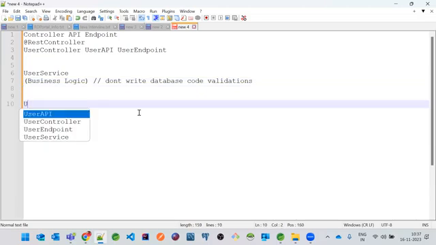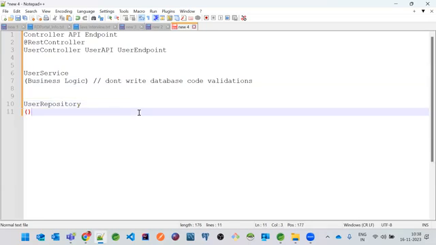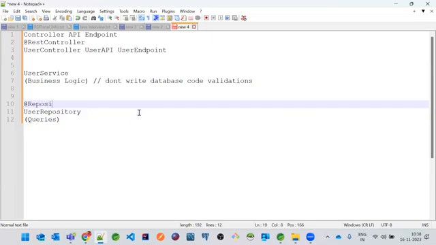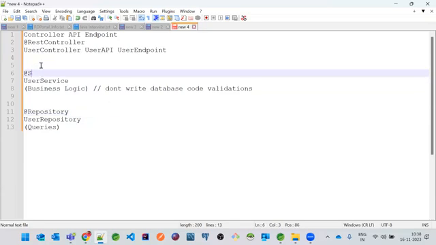Okay. There is something called a UserRepository. Here you are going to write database queries. This has to be annotated with @Repository, and the service has to be annotated with @Service.